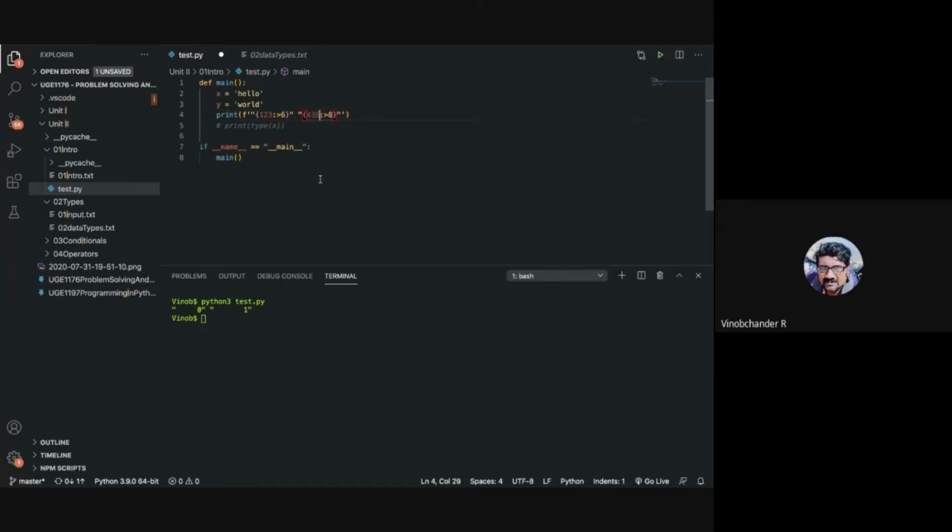You can have some value, and the value will be directly printed, or you can specify the variable names, to get hello world. All right, so these are called f strings.